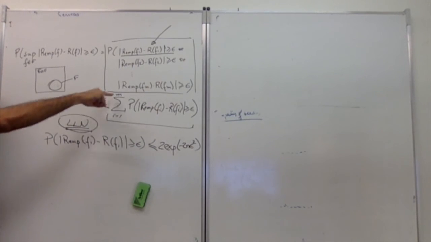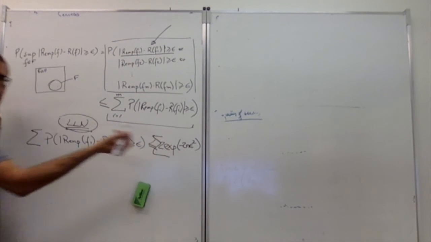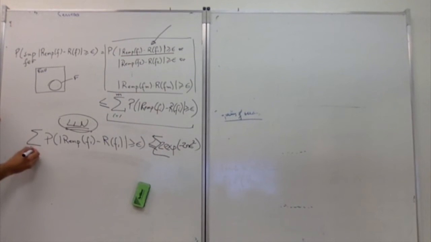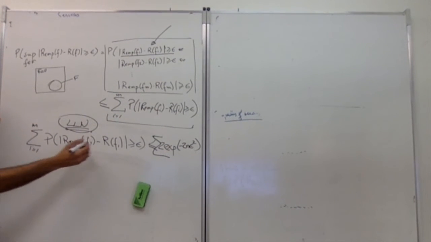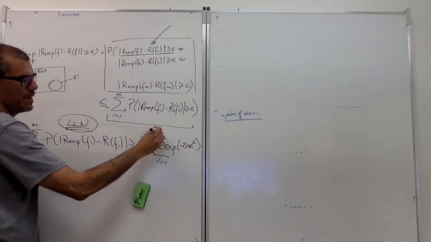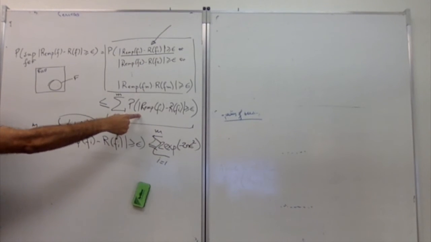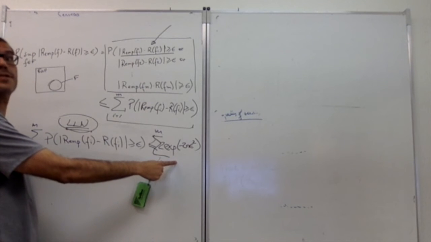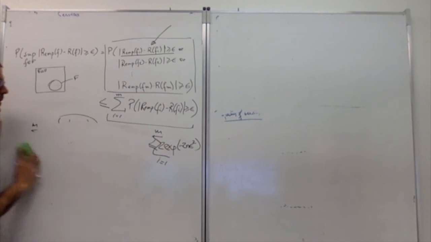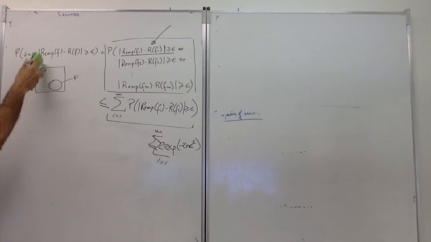So in this case, as we are summing up those probabilities on both sides, now we have 2 sums. One sum goes from 1 to m, and the same on the other, from 1 to m. So on this side, I will have this sum, and on the other side, we have an upper limit. And that's the most important part now. That upper limit is going to bound this probability, and of course, bound the supremum.